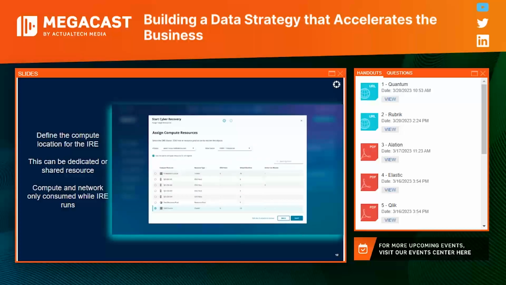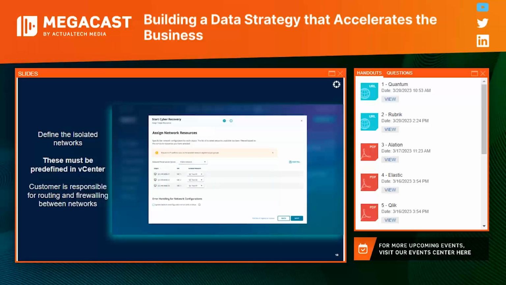So after that, we can define the isolated networks. These are things that need to be predefined within vCenter. Obviously, customers, you are responsible for, say, routing and firewalling between the networks. But this is a great thing because it allows you to set those plans in place beforehand, right, as opposed to, say, having to figure it out on the fly, scrambling, and really extending out that recovery